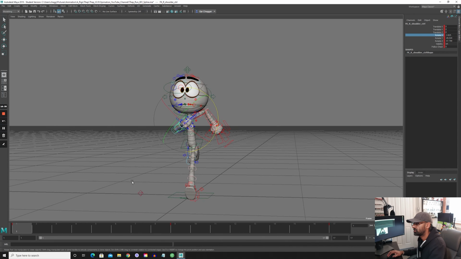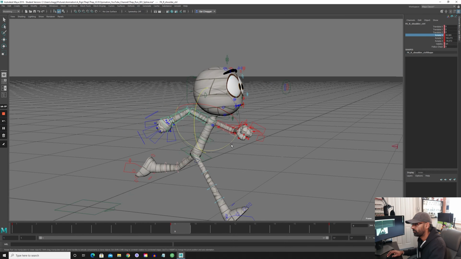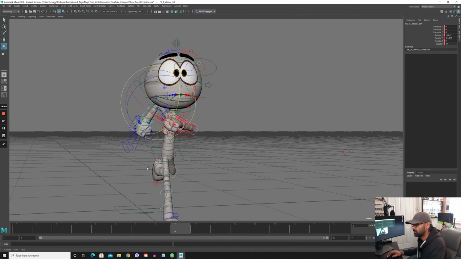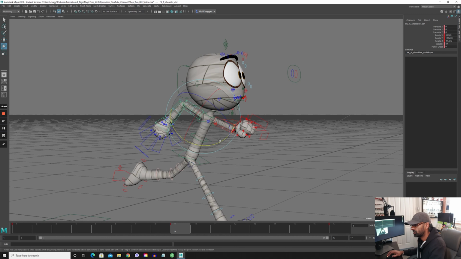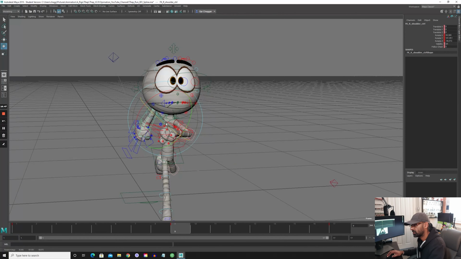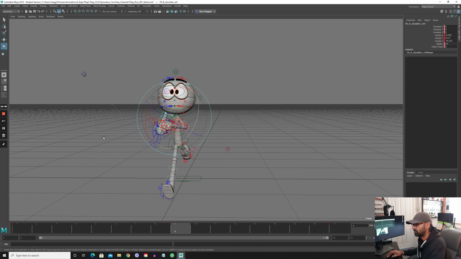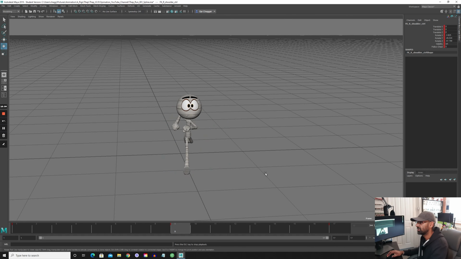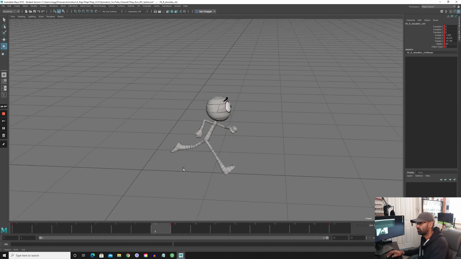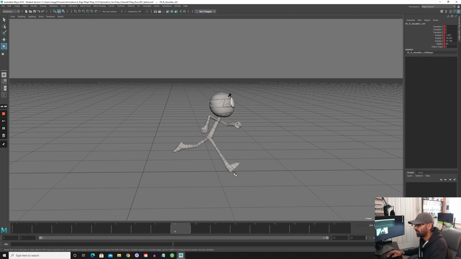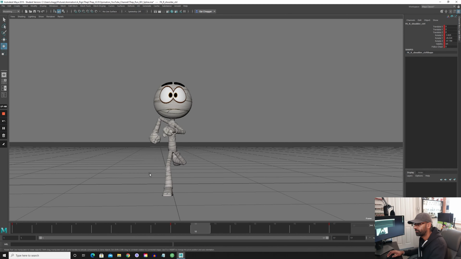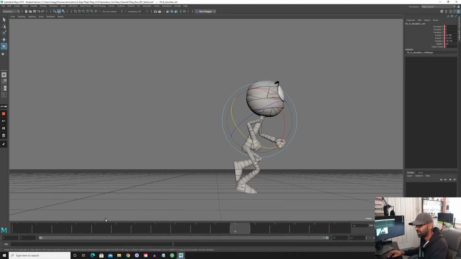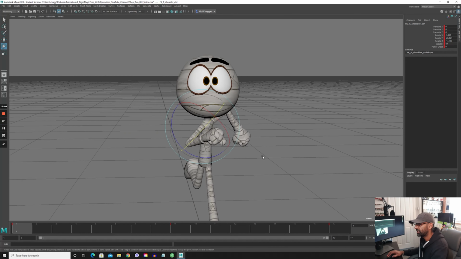So you're just trying to match generally. You may want to lift it a bit, bring this in a bit. So we've got like a same, bring this down a bit, slightly out. So if we look at this, so we've got a bit of this run happening. Elbows in the air, depending on what style you want. This is just for example's sake. But what we can do now is